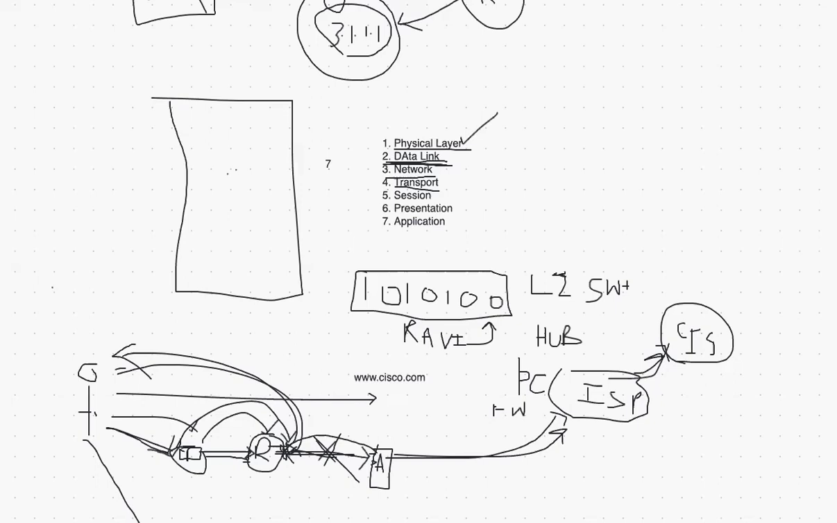So those kinds of communications are called UDP. They don't care about acknowledgements. All they want is real-time data to be transferred. I mean, they want it to be transferred in real time. For example,